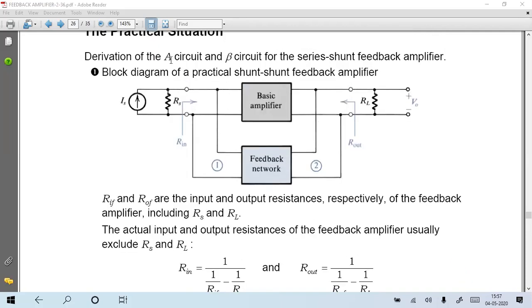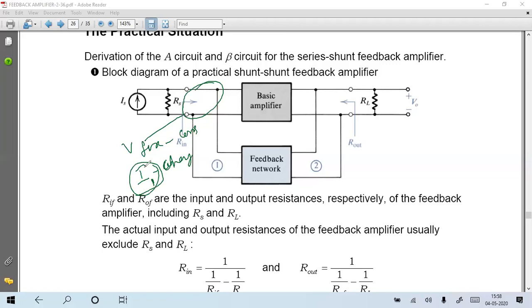Now we say that the input side is shunt in nature and the output side is also shunt. So in the input side, which parameter will change? On the input side, parallel voltages are the same, right? So here the voltage is fixed, no change, constant. In the shunt nature, which changes? Current I changes. So I1 has to change; it is the changing parameter.